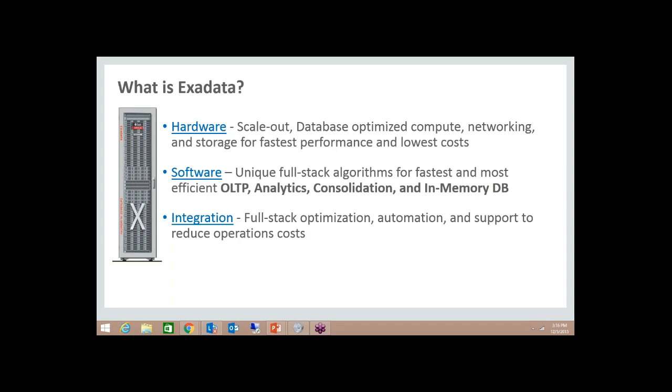How is it going to reduce the operation cost? As I said, when you buy an Exadata, Oracle comes to your center and configures this machine for you. That means your task starts from the use of the database and configuring the database as per your requirement. So the efforts which you used to do, not only you, but the system admin,